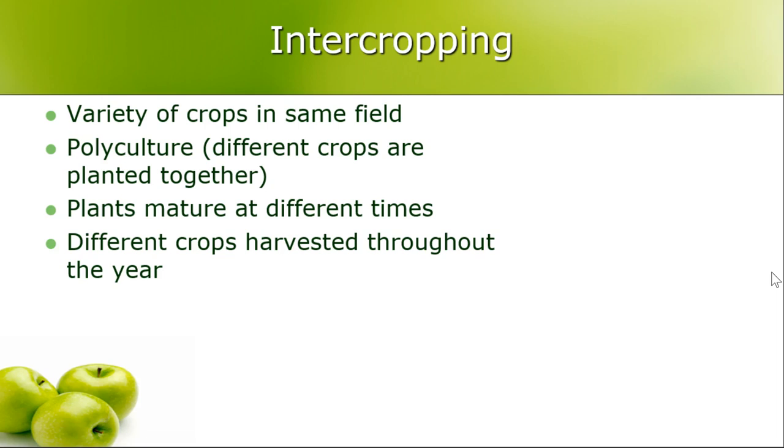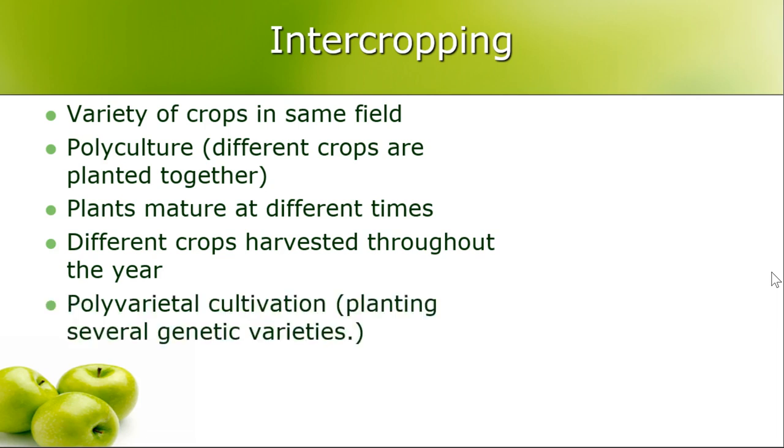So let's say that I'm growing kale in one part of my field and I'm growing beans in another part of my field. Well, maybe the kale matures at a different time than the beans, and that's great. So now I have two different foods, but then after the beans are harvested, then maybe I can plant something else there that's going to grow in the next season, and so I can constantly have something growing, meaning you can not only have sort of different harvest times, but you can actually harvest different crops for both of those reasons.